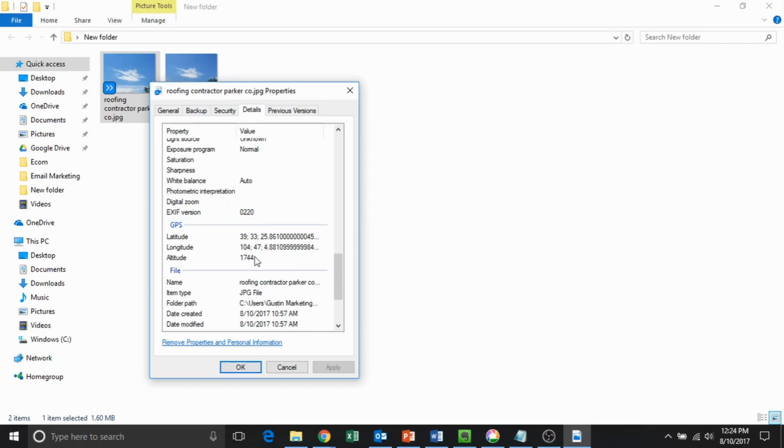So this is huge as far as Google is concerned, because they read all this information. And a lot of these maps listings are dependent on where you're at, in relevancy and in proximity to a certain business. I'm sure you've noticed that if you're searching for things, you're going to get closer results to where you're located. And that's a big factor within Google. So, take photos with your cell phone and get those GPS coordinates in there. Make sure your